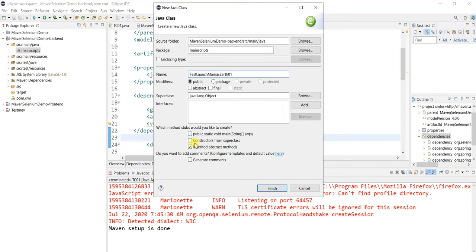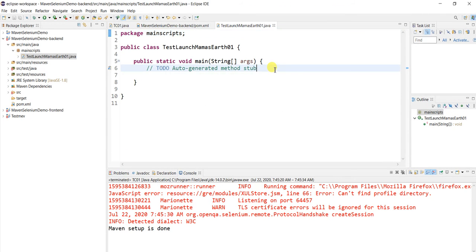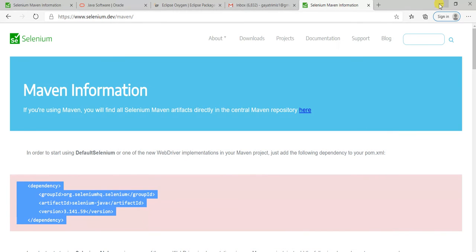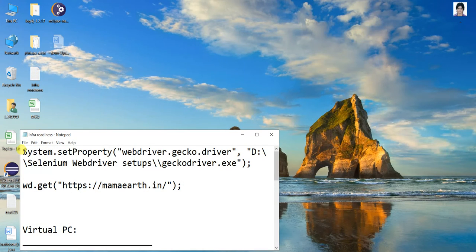This is the name of the test script, which is a main class, and I need to configure the driver, which is for the Firefox browser.